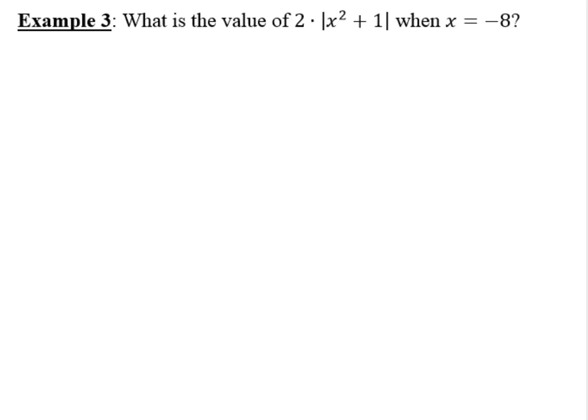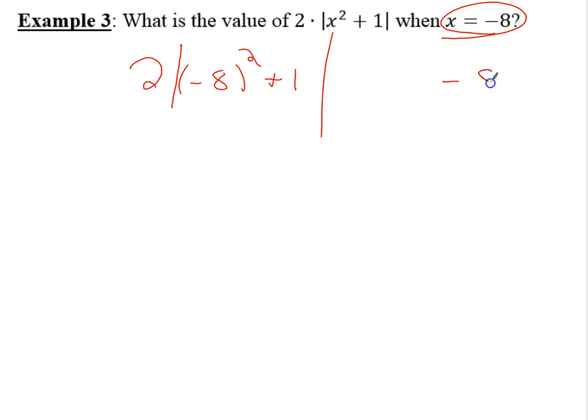Okay, so we're going to continue on here. So we want to simplify 2 times the absolute value of x squared plus 1 when x is going to be negative 8. So we're going to do 2 and then negative 8 squared plus 1, right? And it's important here that when I am plugging in this negative 8, I want to make sure that I put it in parentheses. And the reason that the parentheses matter is because these two things, negative 8 squared and